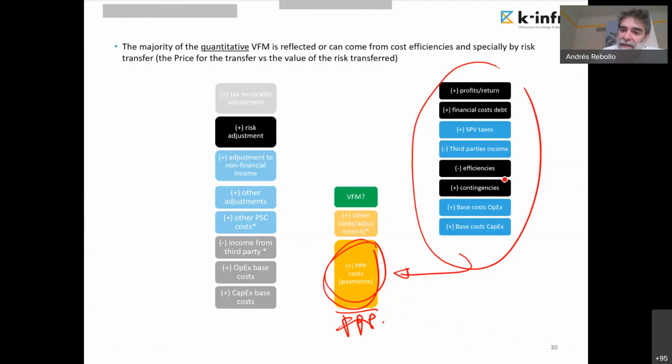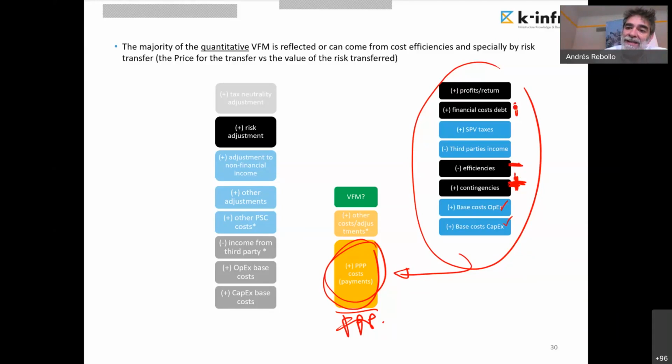Okay, and most of the value for money can be justified by the difference between the contingencies that the PPP company will put over the base costs, which is something the PPP company is charging over the base cost of the PSC. This is positive because it's increasing cost, but it's negative, going against PPP, minus the savings of the efficiencies,